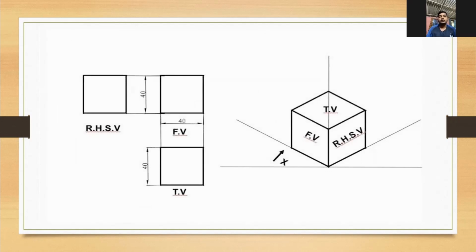In this given figure, the side view is located on the right hand side with a length of 40 millimeters and a height of 40 millimeters. In the AutoCAD software, the front view will be located towards the isoplane left and the side view will be located to the isoplane right.